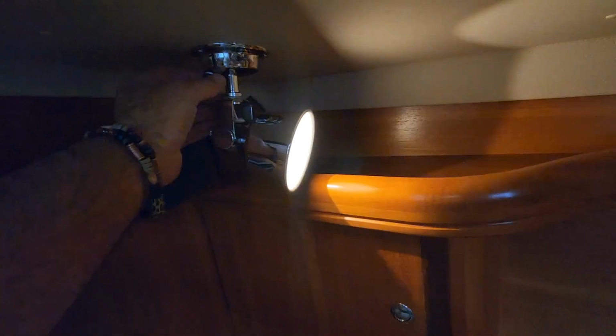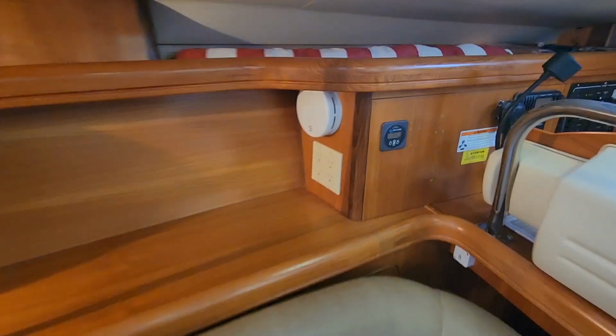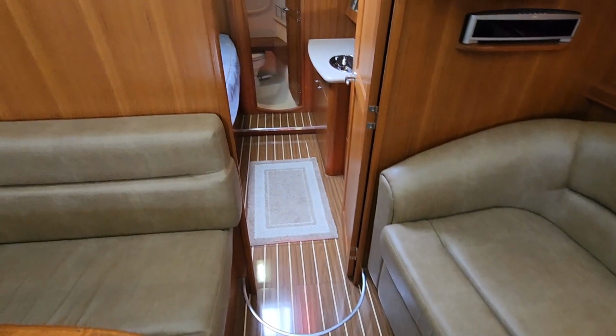These lights have dimmers on them. They're a dimmable LED bulb. Very cool. Smoke and carbon monoxide detector. And as we go